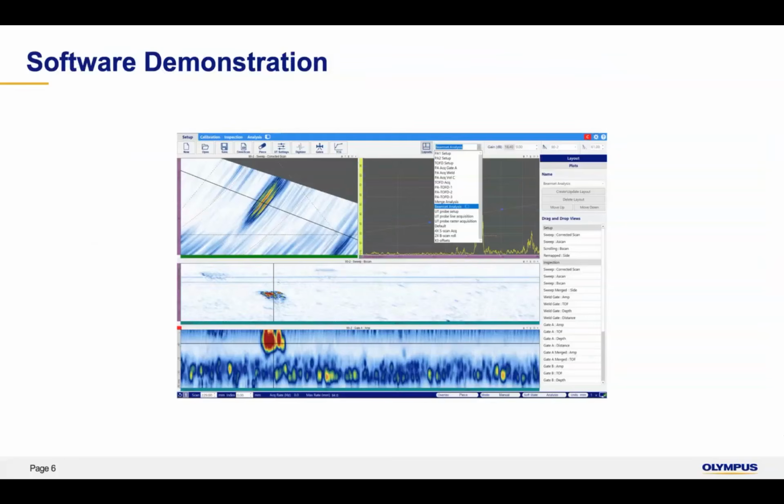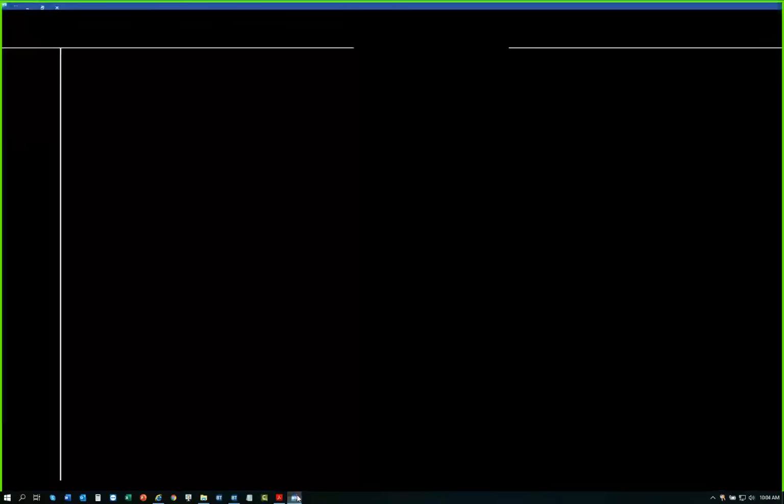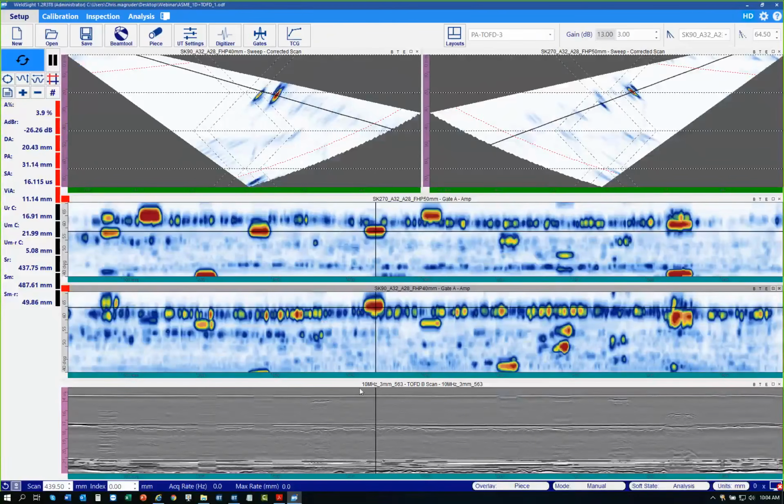I'm going to share my screen to start looking at some data files. So our first data file today is going to be 2 phased array and 1 TOF beam set, typical of vessels, pipes, wind towers, and many inspections that we do. When we open the file,